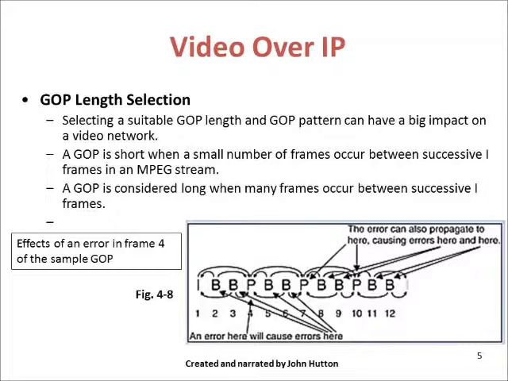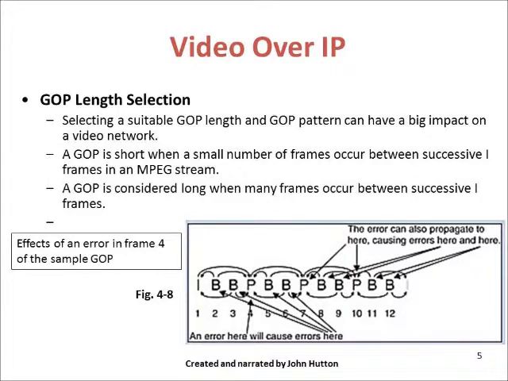Selecting a suitable GOP length and GOP pattern can have a big impact on a video network. If the GOP is too short, then the encoded bit stream will occupy excessive bandwidth because of the increased number of I-frames, or video quality will be decreased because I-frames are less efficient at encoding information than P-frames and B-frames. If the GOP is too long, then the video stream will be hard to work with and less tolerant to